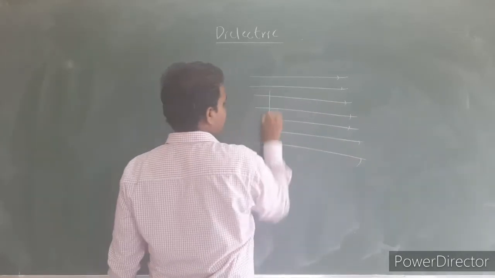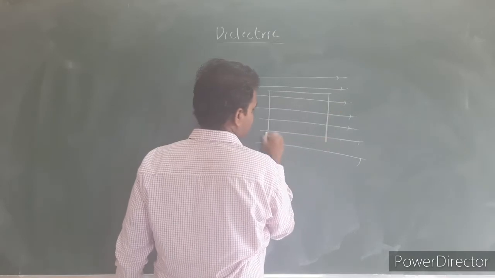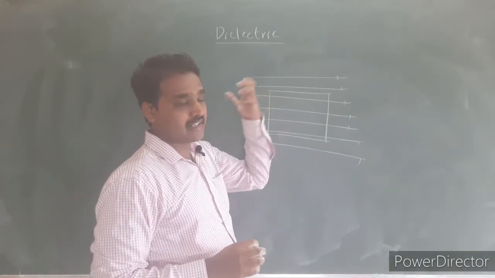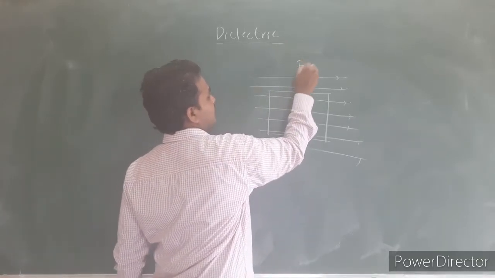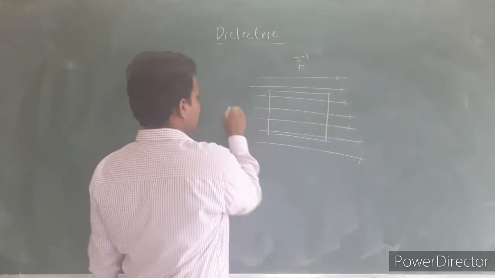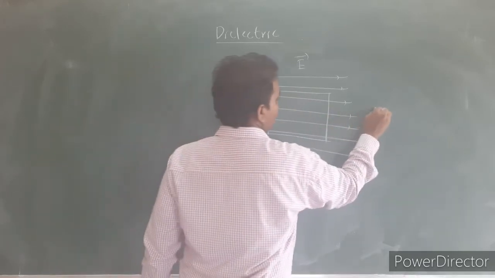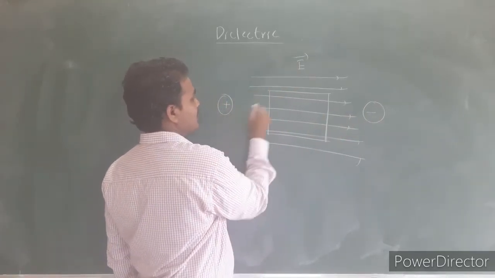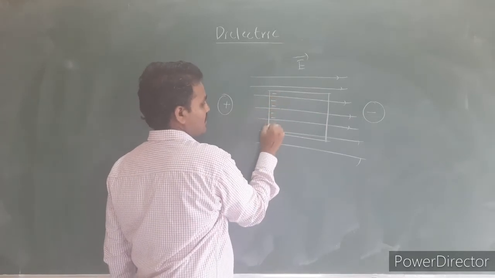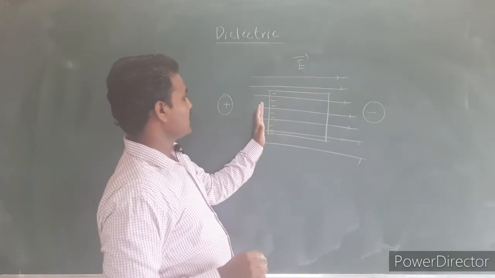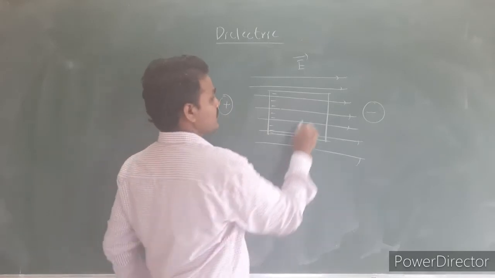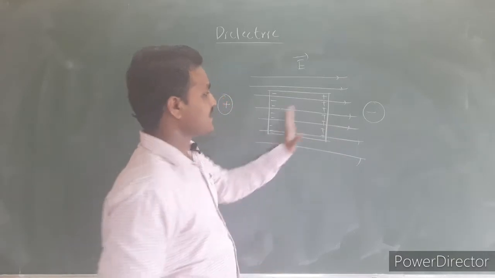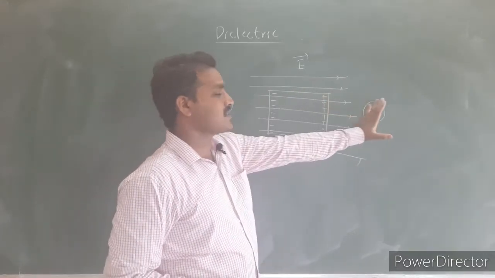Okay, let me consider some dielectric medium like this. When the dielectric medium is placed inside external electric field, let us consider the electric field is along positive x-axis, so that we will have some positive charge here, we will have negative charge here which is producing that electric field. In this condition, the negative charges are induced on the left surface towards the positive charge of the source, and the positive charges are induced on the right surface of that medium towards a negative charge